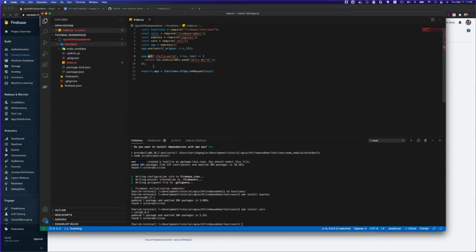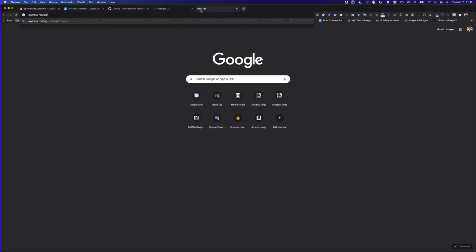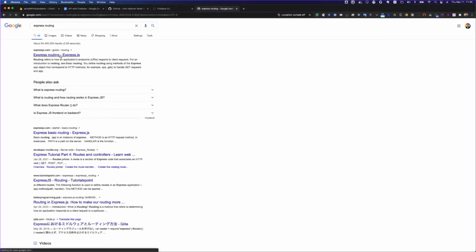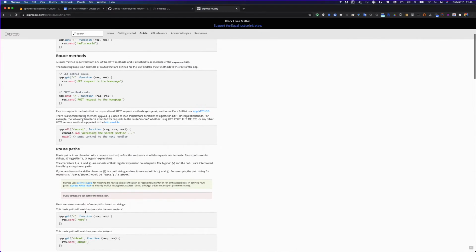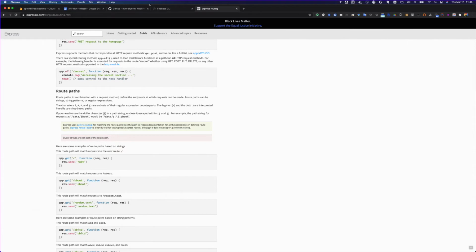Just to keep it simple, I'm not going to set up that routing in this tutorial. You can do it later on, and you can learn more about it from Express routing. Let me show you. You can go to Express routing and see how to set it up. You can have different routing setups and route paths, and you can control all those things.